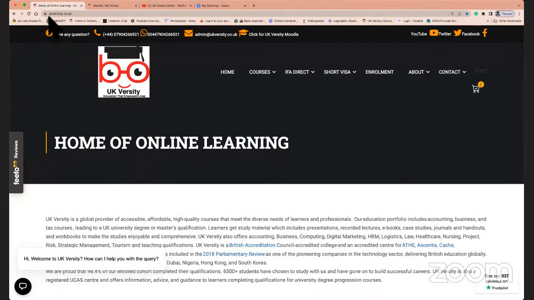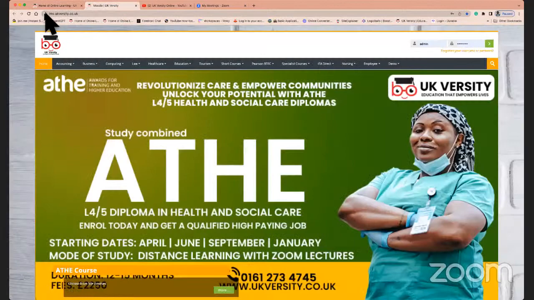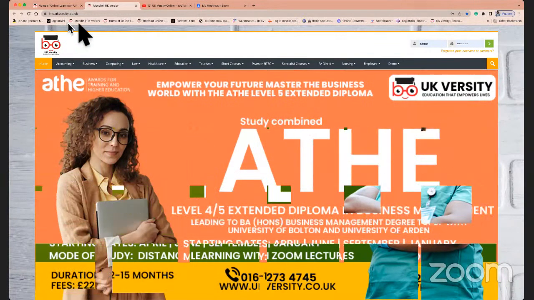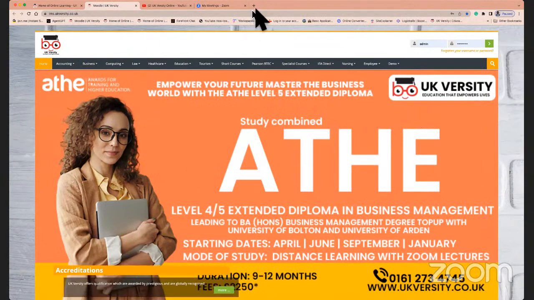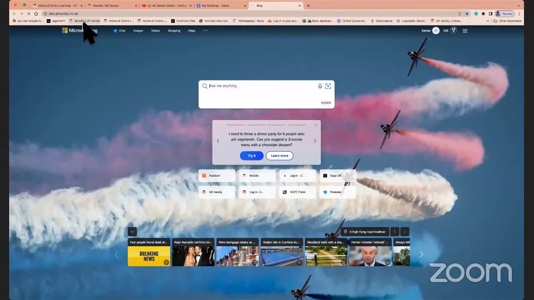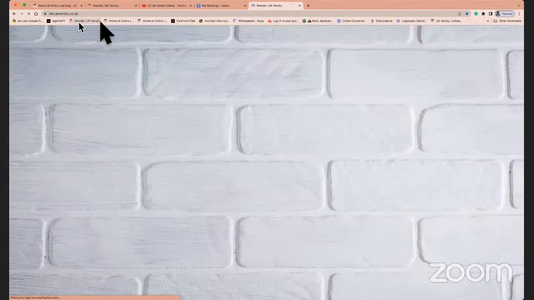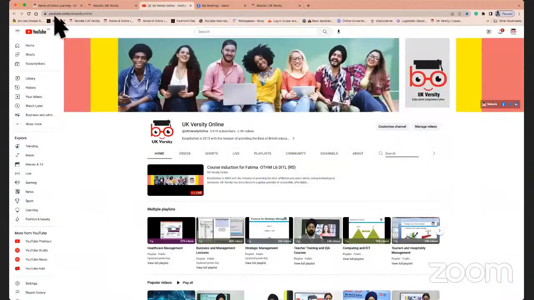Bookmarking this is going to be quite easy. All you have to do is click on the lock, keep it pressed, and bring it to your bookmark bar. Similarly, if I do this for Moodle, keep the left button on the mouse pressed, and then bring it to your bookmark bar. So at the click of a button, you would be able to access some of the systems that you would need from time to time. They would be ready reckoners.